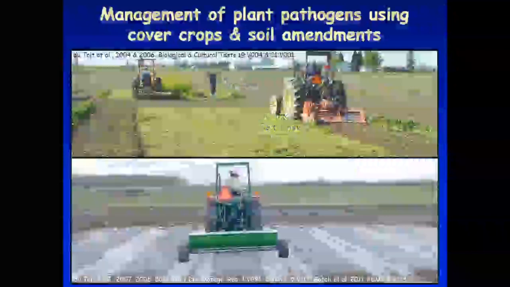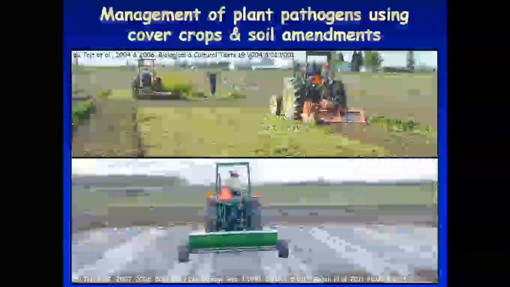We've also done some work looking at limestone amendment, calcium carbonate. You can use it in organic or conventional production. It raises the calcium level in the soil, it raises the pH in the soil, and the soil becomes less conducive to fusarium. We don't get rid of the disease, but if we can get that soil pH, which in our area is typically in the 5s, up closer to neutral, 7, the less severe our fusarium wilt becomes. So that's been really effective.